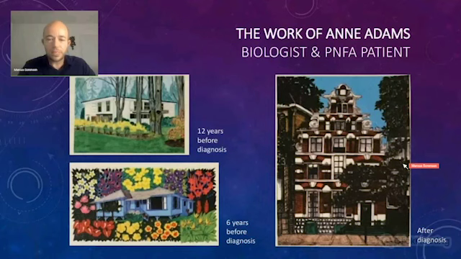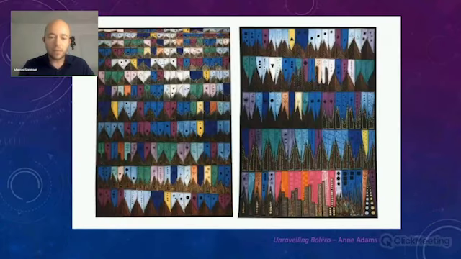So you can see here, I find it fascinating how her type of neurodegenerative disease, the progressive non-fluent aphasia, was affecting her artistic expression and what she was obsessed with and how she was expressing it. And perhaps even more interestingly, this artwork, also by Anne Adams, which is called Unraveling Bolero. So she got obsessed at a certain point in her life with listening to this piece of music called Bolero by Ravel. And what she didn't know at the time was that when Ravel composed Bolero, he was also affected